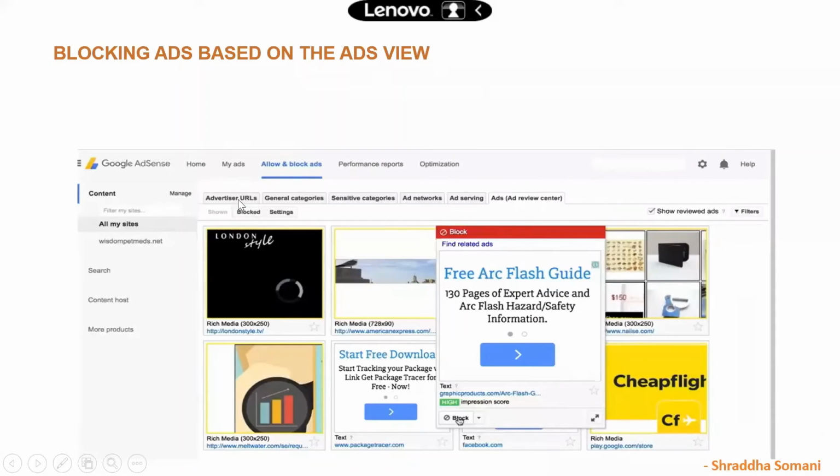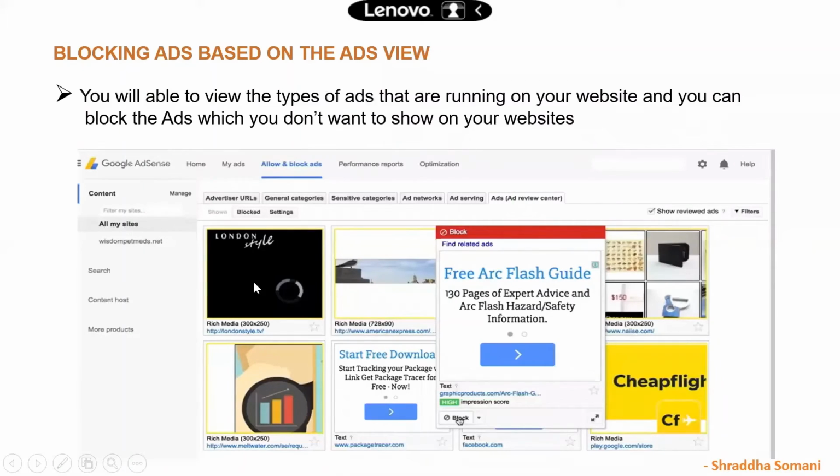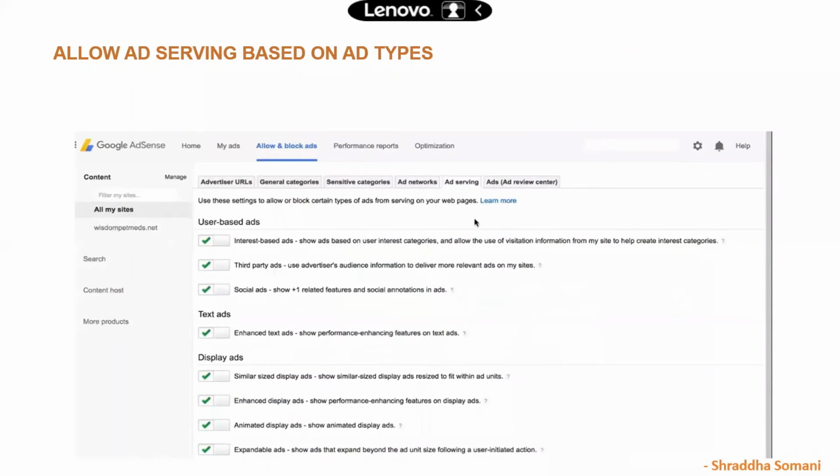We have seen we can block ads with the advertiser URL. So if I see this ad and I think it is my competitor's ad, or it is spoiling the impression of my website, I can immediately block this ad, right? I can also select interest based ads to show.